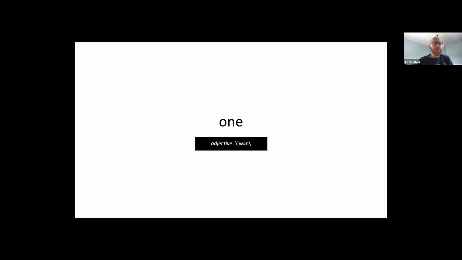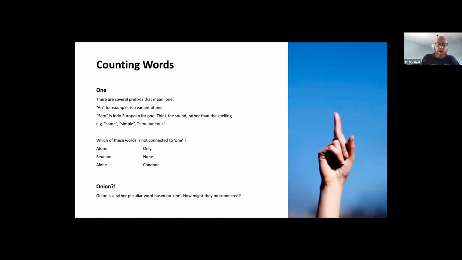One is a really odd one for me. It blew my mind. It was just the most bizarre thing that it just never occurred to me because I don't even think about these things. But one, there's lots of variations of one and derivations from the same sort of root, but things like an just mean one, and a means one as well. It's a derivation of an.